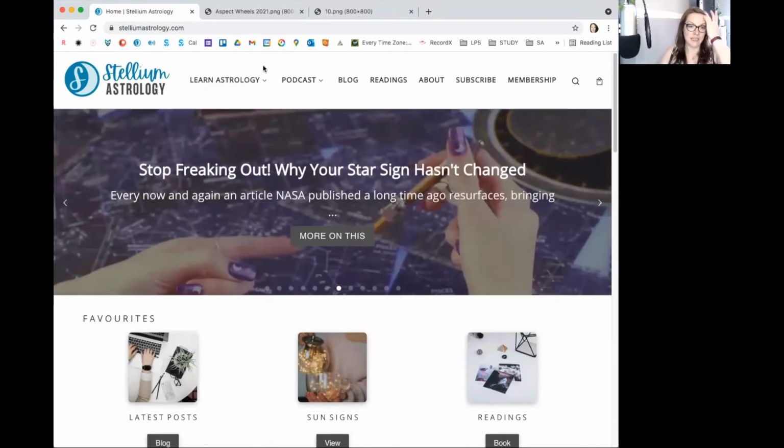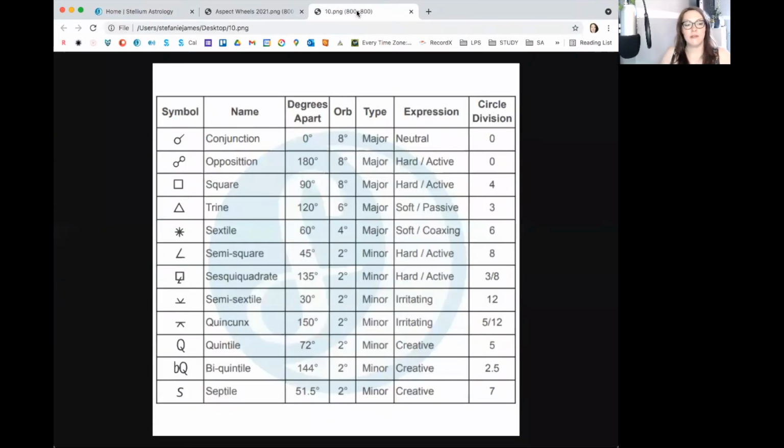So let's have a quick look. We've talked about the aspects, we've talked about the conjunction, opposition, square, trine, sextile, and I've touched on the minor aspects as well. So I had a little dive into the quincunx or the inconjunct, and then I briefly touched on some of the more minor aspects and hopefully can come back and revisit that in later shows. But as previously described, there are some time constraints.